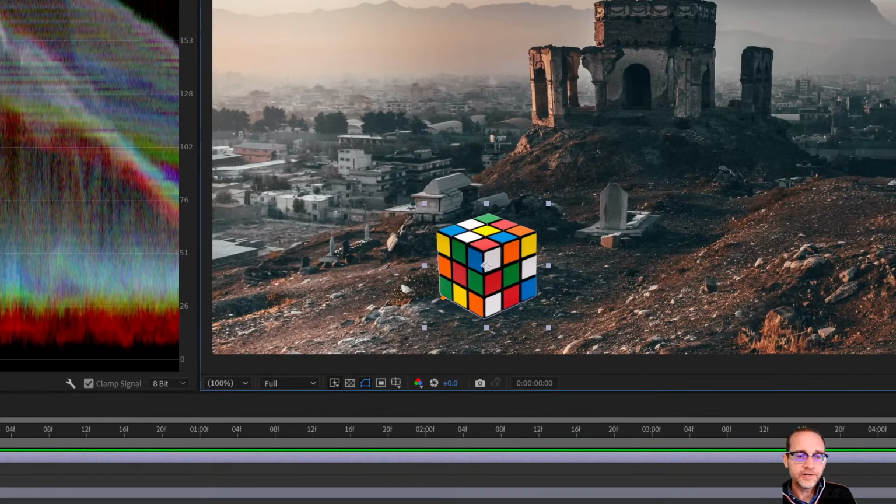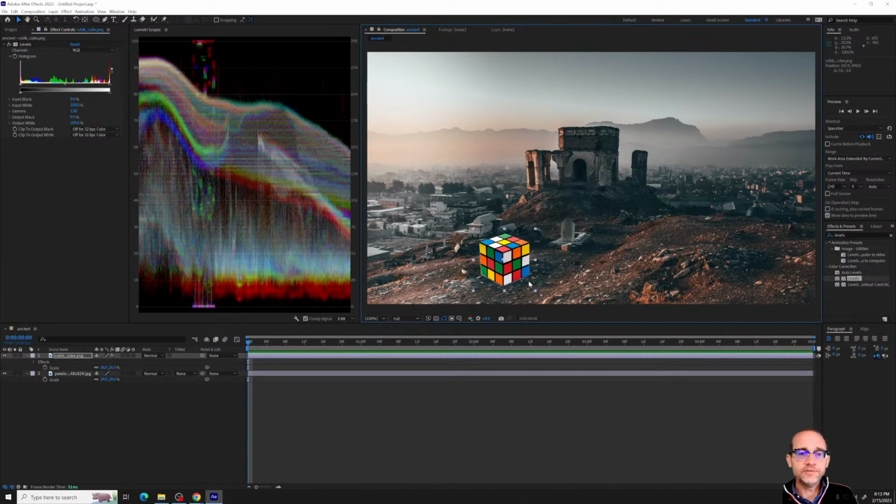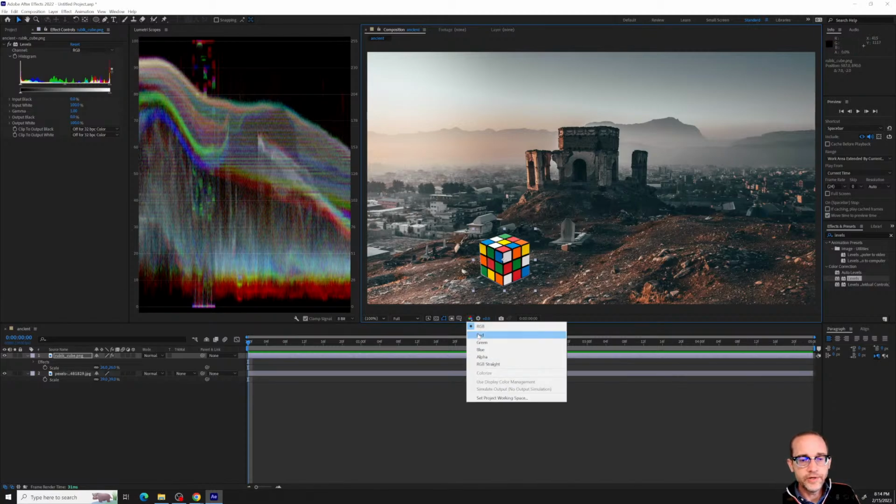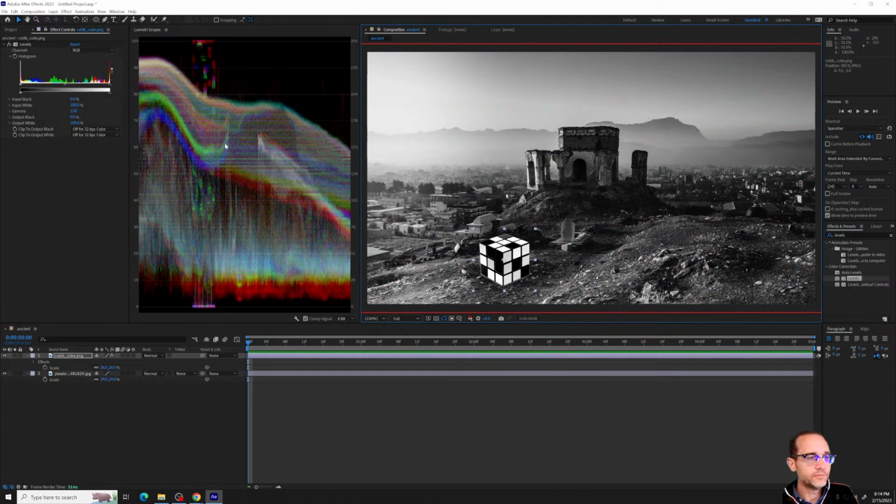For instance, it's not going to make this cast a shadow, right? But we just want it to sit into the same color space as the image, right? We've all experienced this when we see quote unquote bad CG in a movie, right? This is what makes bad CG look like bad CG, or one of the things, is that the color space that the computer graphics were rendered in is not at all representative of the color space that's in the footage that's being composited. So we'll go to red here, so we just see the brightness of the red,